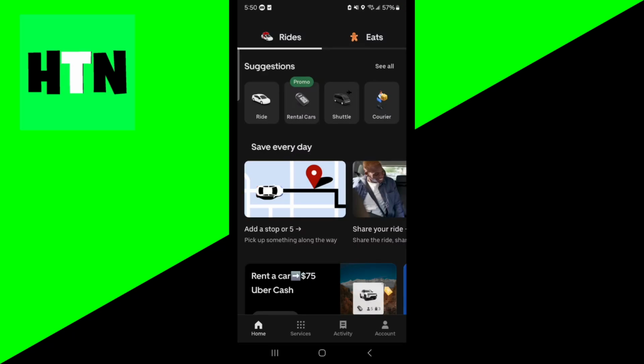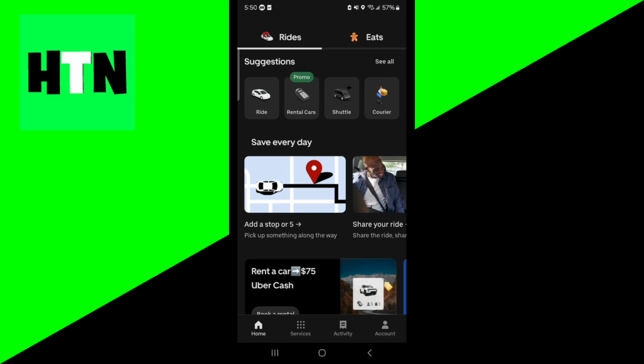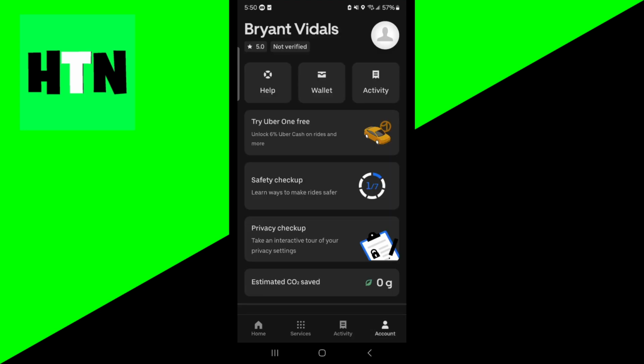The first thing you want to do is open up the Uber application like you normally would. Then go to the bottom menu and select the option that says account. Once you're over here, you should be greeted by a page that looks something like this. All you want to do from here is select the option that says